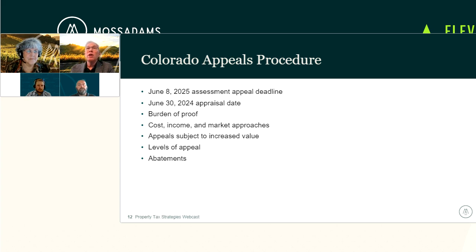So what can you do? You can put together your own sales comparables and show what those values are on a per square foot basis or a per unit basis. And with that data, you can show that based on size and age, location, or quality of the property, that your sales comparables are better than the assessor's. Bottom line, the burden of proof is on the taxpayer to show that the assessor's value is incorrect or excessive. And this data can help tell you whether you might have an opportunity to save in your property tax liability.